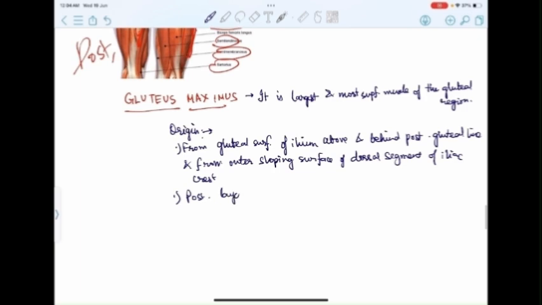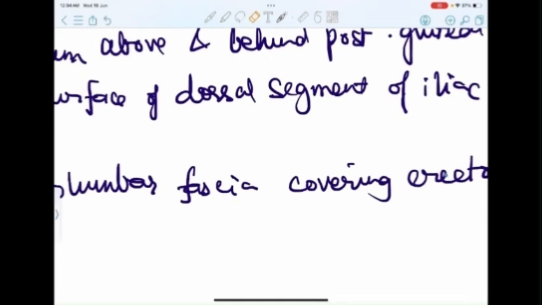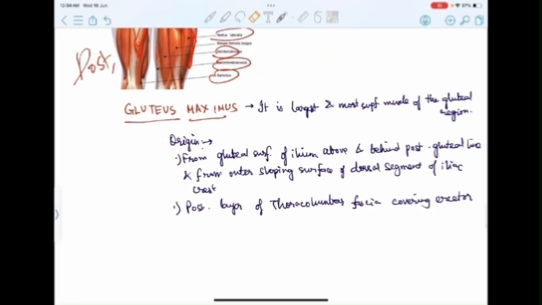Posterior layer of thoracolumbar fascia covering erector spinae, gluteal aponeurosis covering gluteus medius,